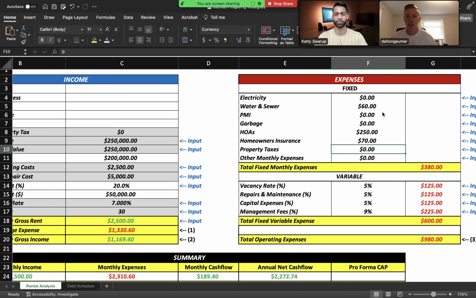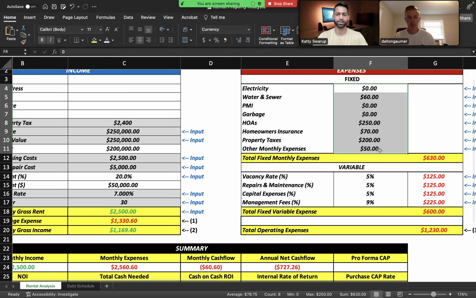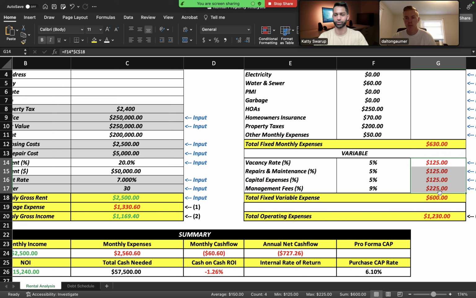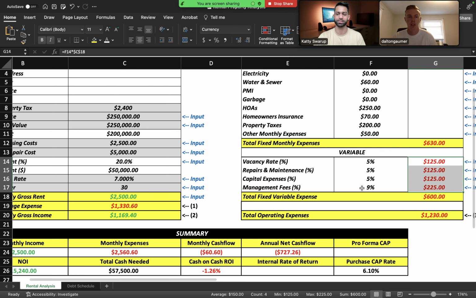Okay, perfect. And property taxes, I think we've been looking at around $200 a month, yeah. Per month. And then other monthly expenses, you may want to put down, let's say $50. Yep, that'll be a good safety net. Perfect. So we've got most of the fixed expenses down here. We've got the vacancy, repairs, capex, and management fee, all the variable expenses. So now our total operating expenses, in order for us to operate the property, comes at $1,230, just as a